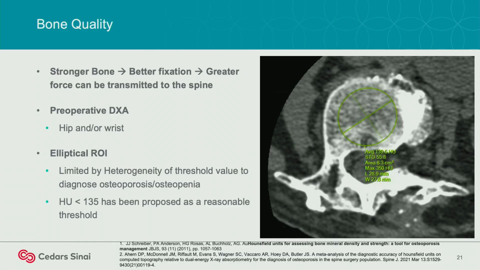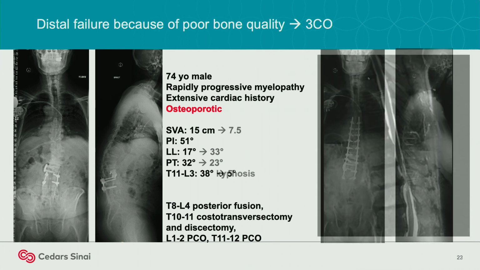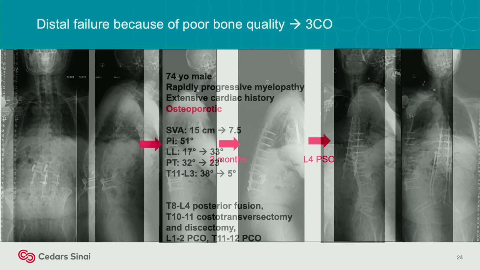There's a variety of ways to assess bone quality, but in some scenarios, like a case like this, I think highlights why it's so important. There's a patient that was myelopathic and really needed to be treated predominantly for the myelopathy symptoms. In my hands, I decided to do a costotransversectomy, but also had this thoracolumbar kyphosis non-union. I felt like I could also correct their sagittal plane deformity at the same time with posterior column osteotomies. And in the immediate post-op x-rays, I couldn't have been happier with my result from a myelopathy and upright standing standpoint. But there's a lot of force on a construct like this, and sometimes half measures do not end up